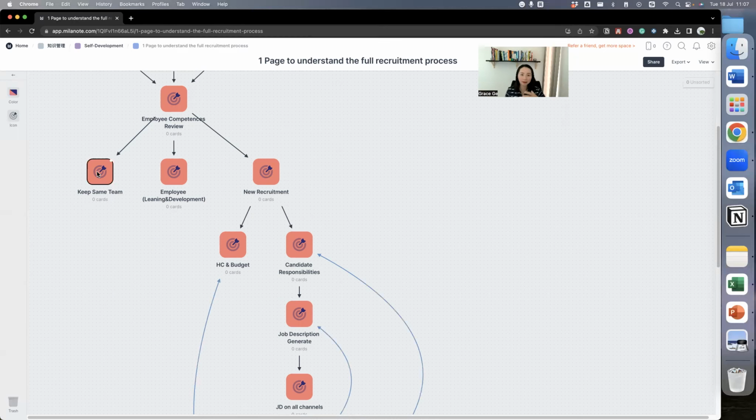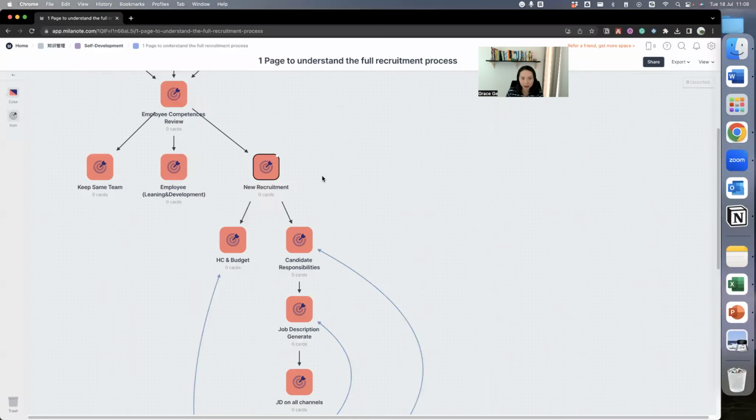But if the existing team cannot fulfill the business competencies, the HR would either arrange learning and development, so trainings, as a lot of companies provide to employees, or if it's not something that can be solved in a snapshot by easy trainings, they would start a new recruitment. So this is actually where, for a lot of companies, new recruitment starts.